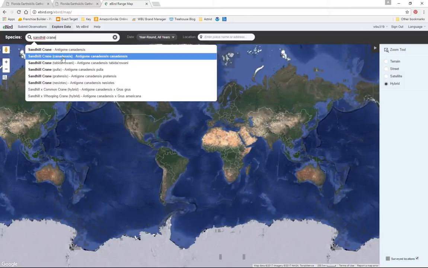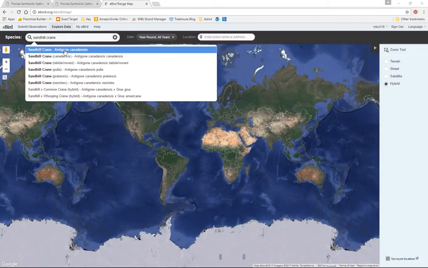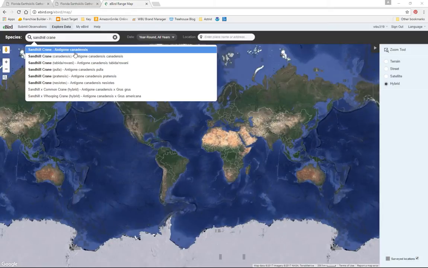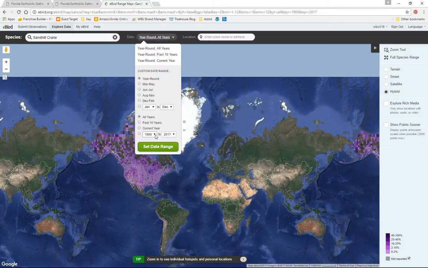Now, Sandhill Crane is a little bit complex in its taxonomy because there are a handful of subspecies. When you find that to be the case, you generally can just pick the most simple one, which is going to have two names. There's going to be a genus name, which is, in the case of Sandhill Crane, Antigone, and there's going to be a specific epithet, which is canadensis. The others are going to have a third section, which is the subspecific epithet. So we're just going to click on Antigone canadensis, and I'm going to change the date attributes to